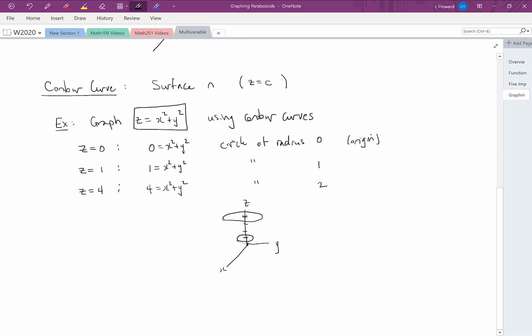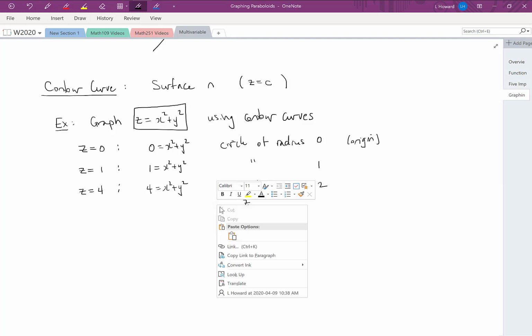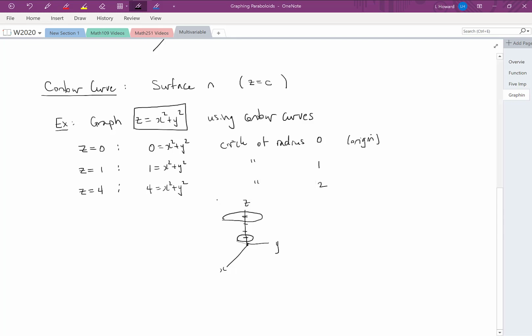So if you were to do this for all the different z values, what you would see is that as z increases, you get circles of increasing radius. So if you were to now try to draw a picture of the surface passing through all those points, you would get this paraboloid,